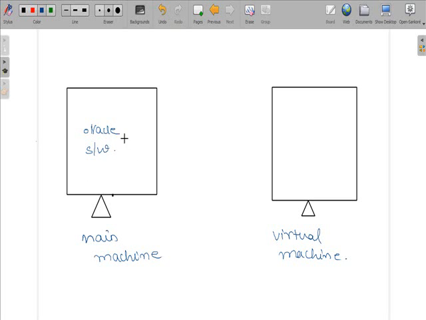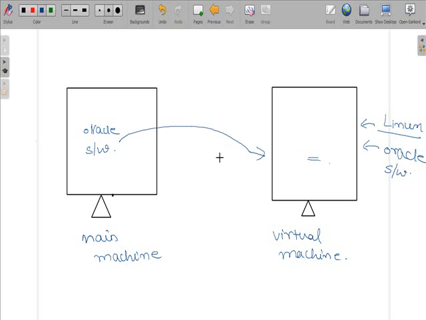In our main machine we have some software, for example Oracle software. We have installed the Linux operating system in this virtual machine. Now I want to install Oracle software on this Linux operating system. To install it in this machine, the Oracle software should be present. By using the raw software we can install the product. So the software should be sent from the main machine to the virtual machine.